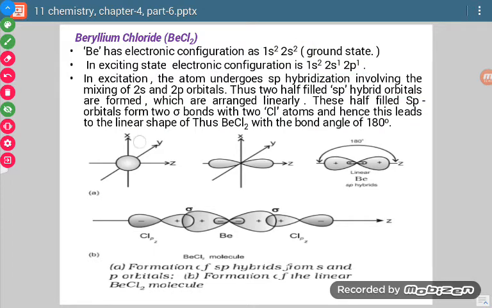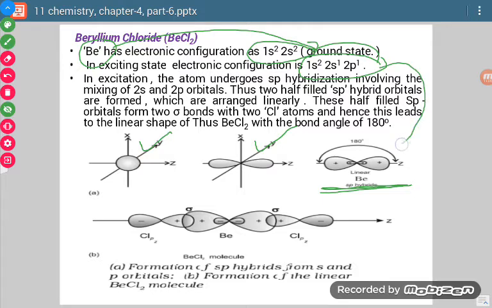Okay, now see, this is s orbital, this is p orbital. Which one is to be taken? Z, pz. So those two will be arranged like this. Now what does it mean? It means that beryllium, which was existing as this, became this in its excited state, and then it has undergone sp hybridization, and after sp hybridization the beryllium atom has changed into this form.